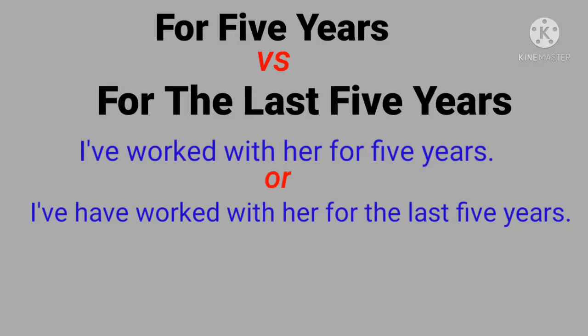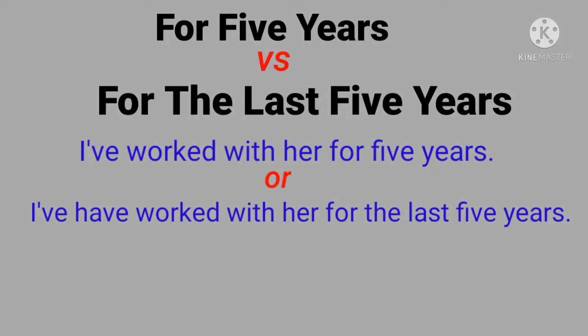Hello, my dear friends. Today we are going to understand a very confusing topic, and that is present perfect and present perfect continuous tense, and the use of "for" with "the last" and "for" without "the last". For example, I have worked with her for 5 years, and I have worked with her for the last